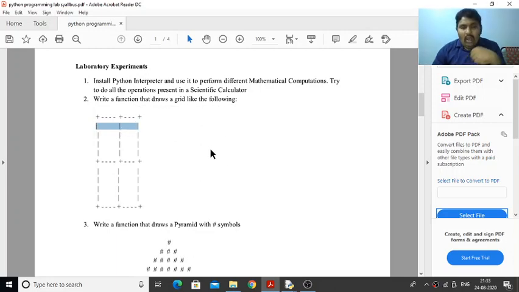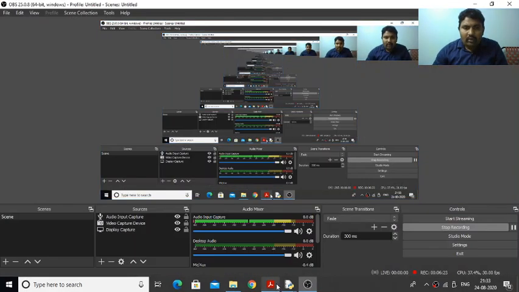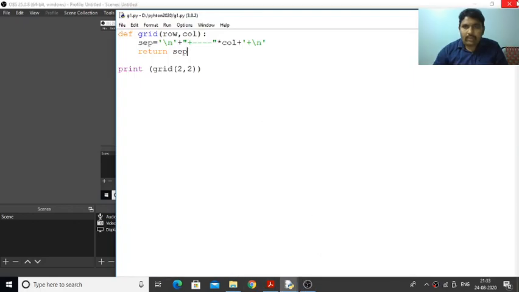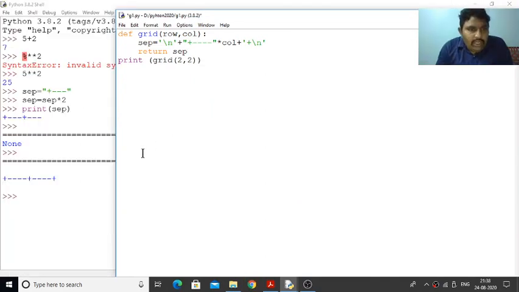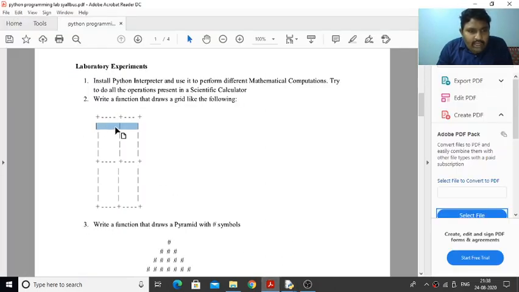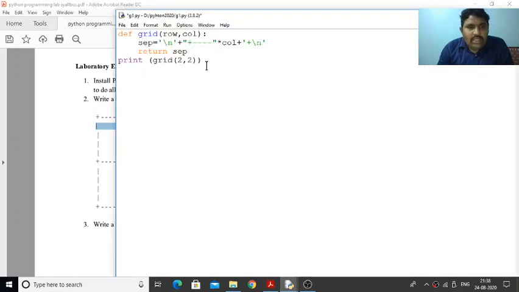For example, we have 2 columns, but we require 3. Now we are able to generate this particular plus. What is left in the program is that we need to generate these things. But this 3 is more than the number of columns, so we require column plus 1. So that's why we change the program.